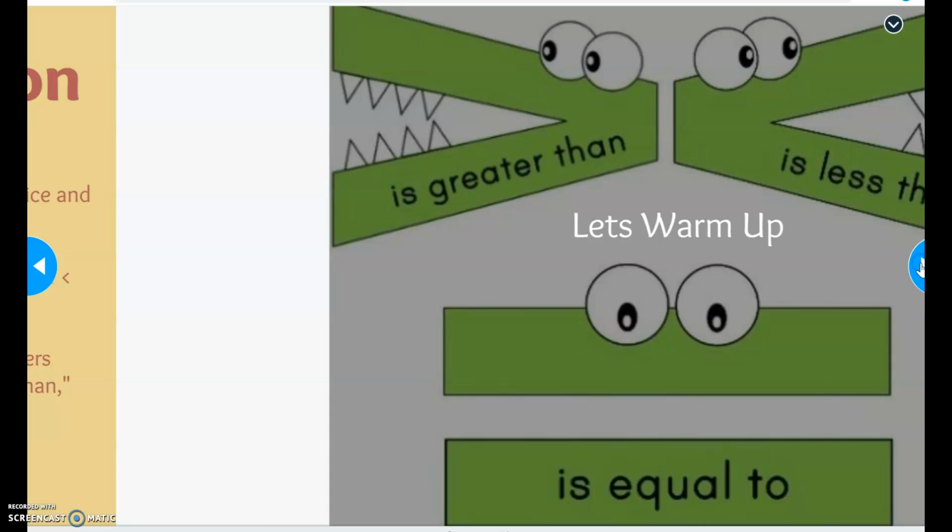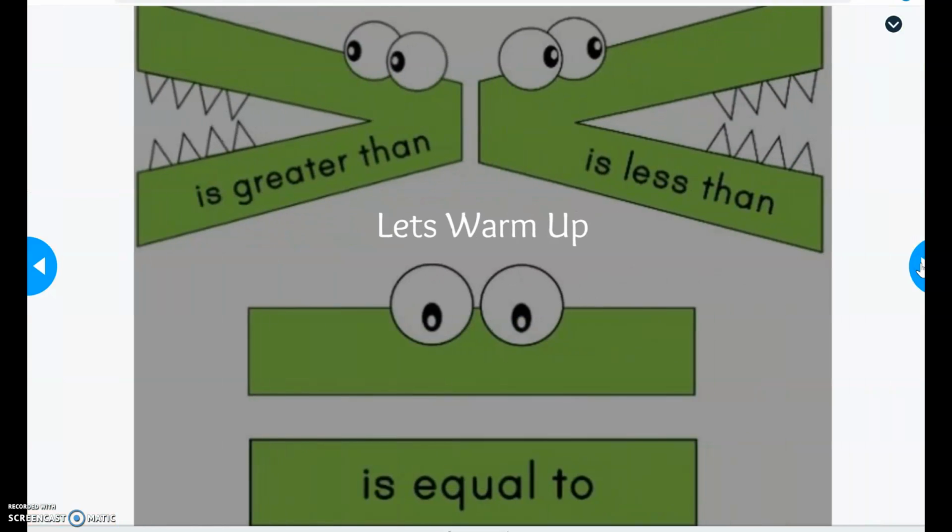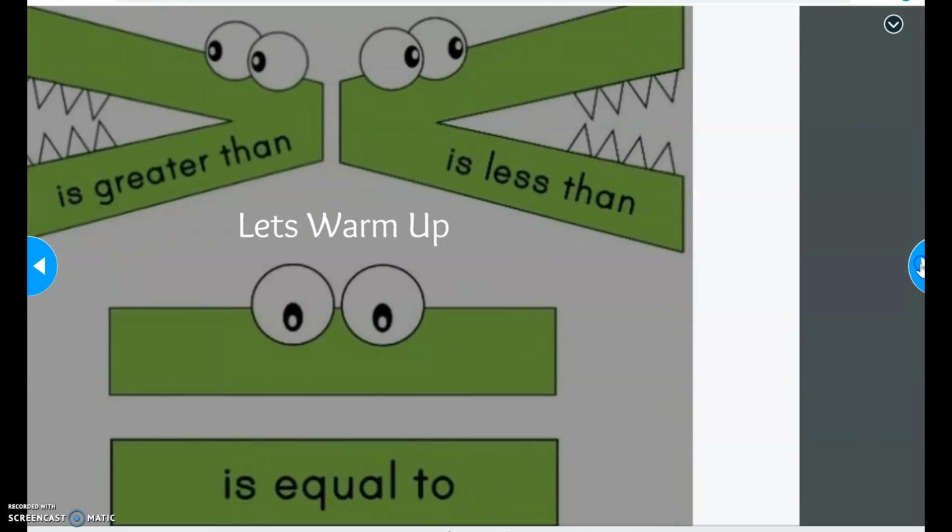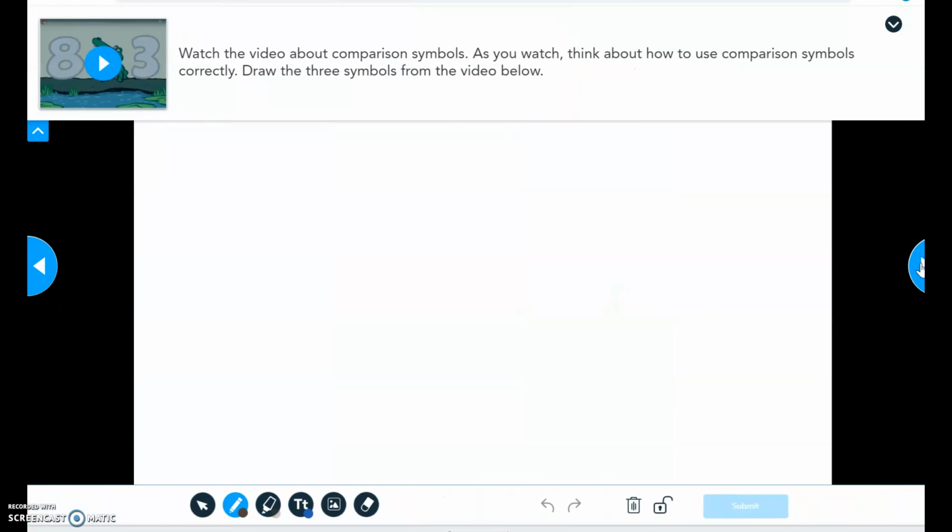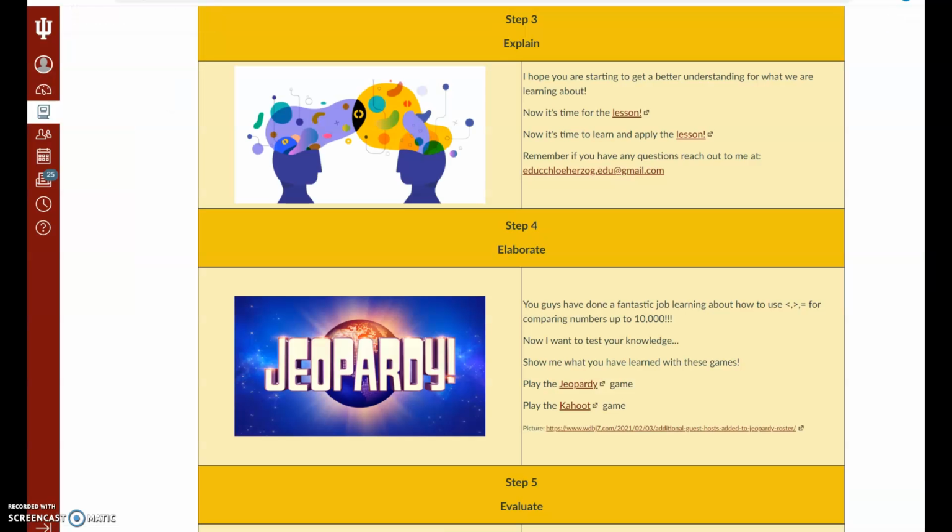This is more geared to what test questions will be looking like and what you will need to know to show that you can pass the standard and that you have good understanding. So I can't move on because you have to complete each activity before you can move on, which is a good thing because I will be able to see if you guys have completed the whole Nearpod. So I definitely recommend that you do that